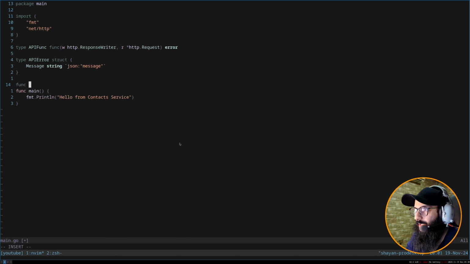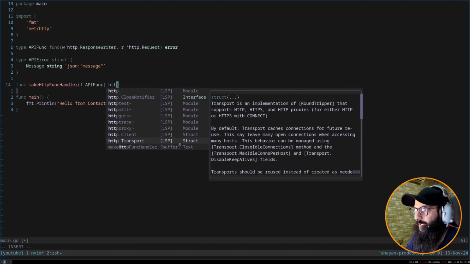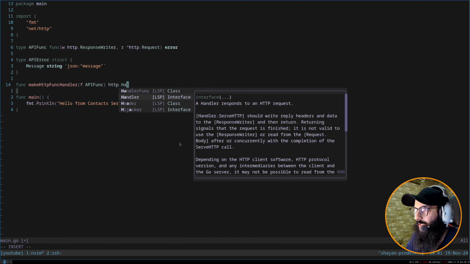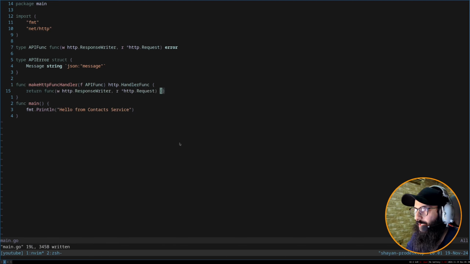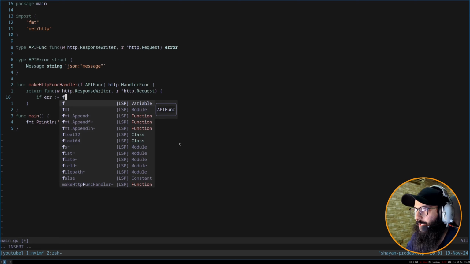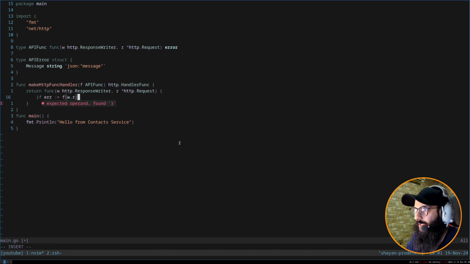So let's create a function that will be makeHTTP. It will take a function of type APIFunc and returns the function of HTTP func. And now let's return it, and we will be running err := the function that we have passed in with the writer and the request. If error is not nil,